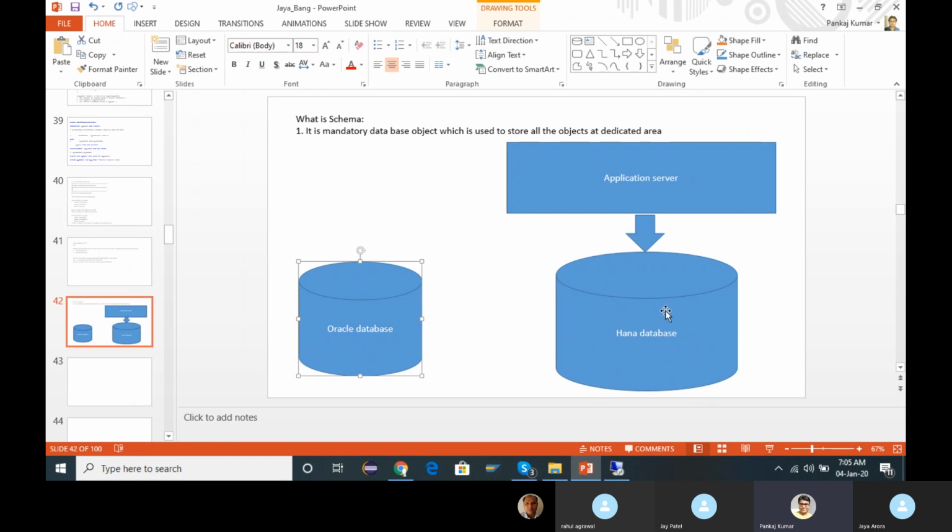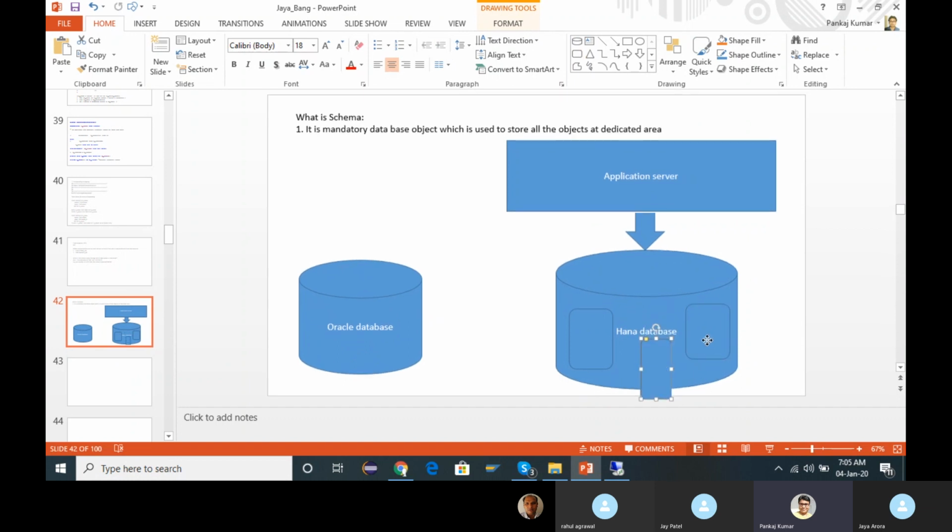You don't want to interrupt your whole HANA database, so you create separate areas, some 5 or 10 areas depending on your requirement, and you allocate a size for each area. This particular area is known as schema. This can be schema 1.